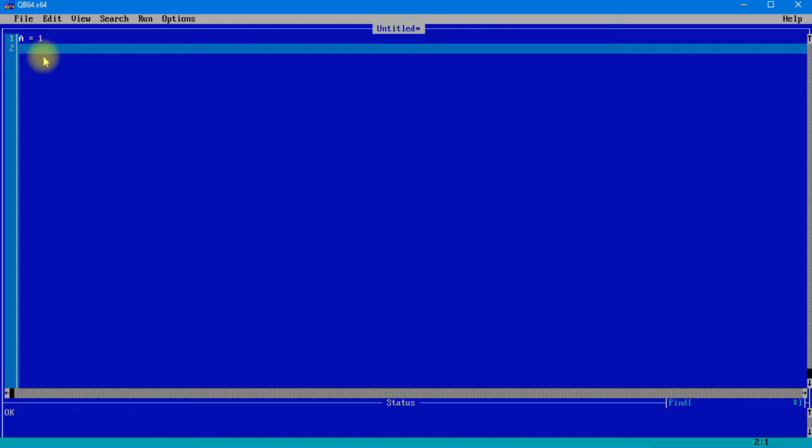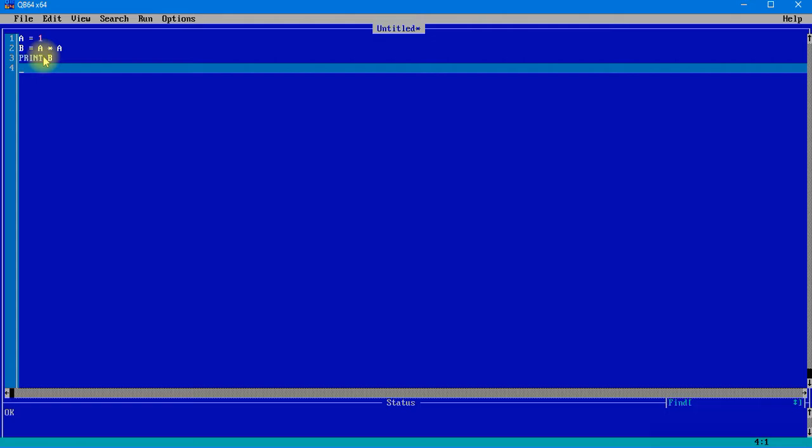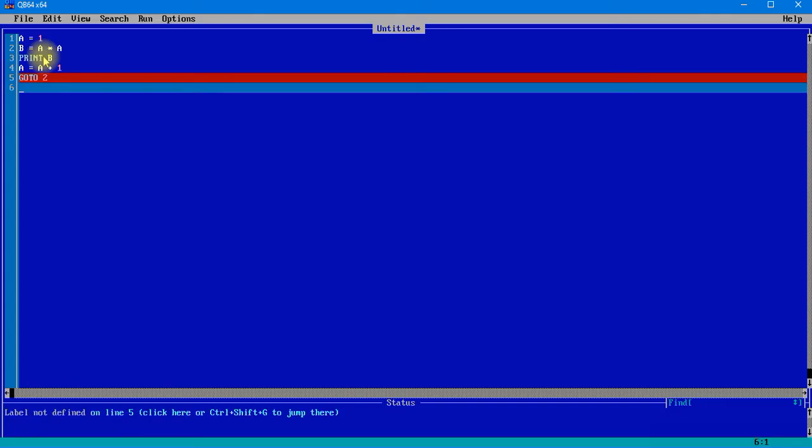In the next line it says b equal to a into a. After that print b, then a equal to a plus 1, then go to line 20, that means line number 2, go to 2.